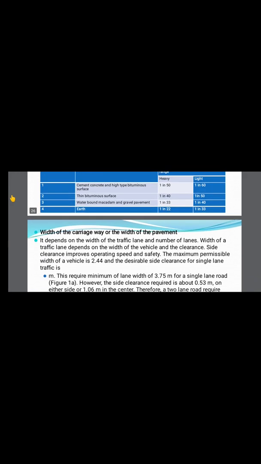Clear this concept here, why the range of this camber has been given, how it is there. Okay, so if you're having doubts here, you can ask the doubts to me. Now,